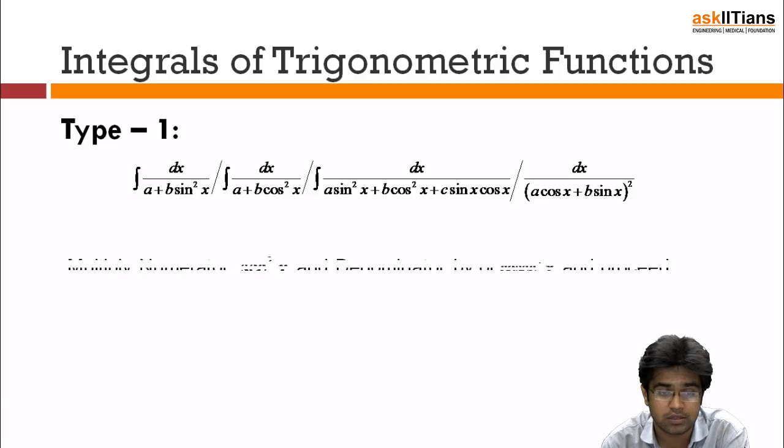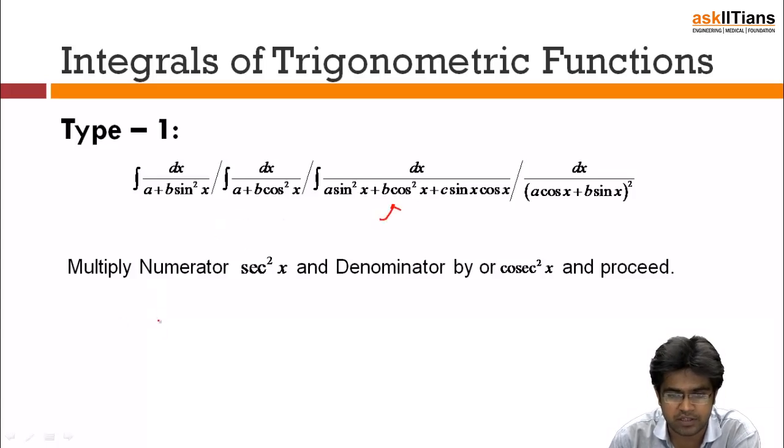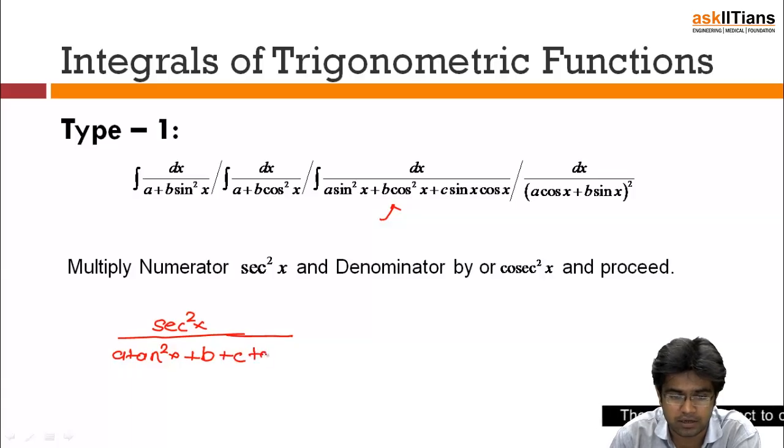How are we going to do this? It's simple. Multiply and divide by sec square in the numerator and denominator. You can do the same thing by multiplying the denominator by cos square x as well. For example, let me take this thing. If I multiply it with sec square, then what will happen? Sec square x. Always make tan in the denominator. So a sine square and sec square will become a tan square. And b will be gone because sec and cos are inverses, and then c, one cos and one sec will be gone, and then this will be c tan.